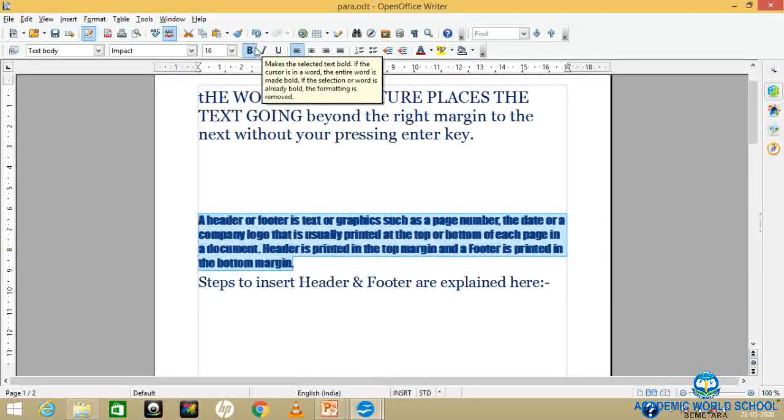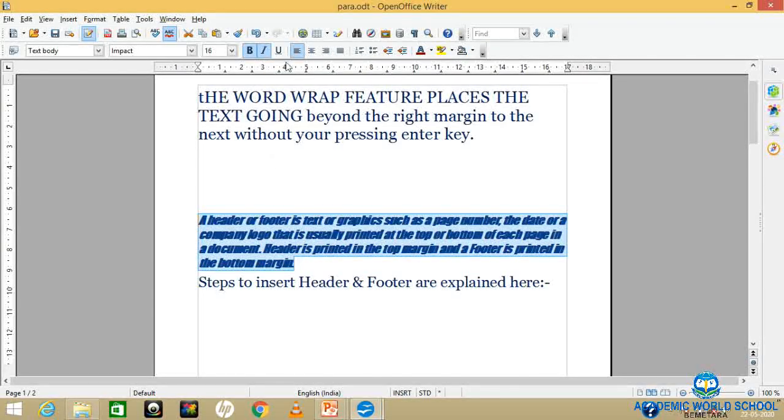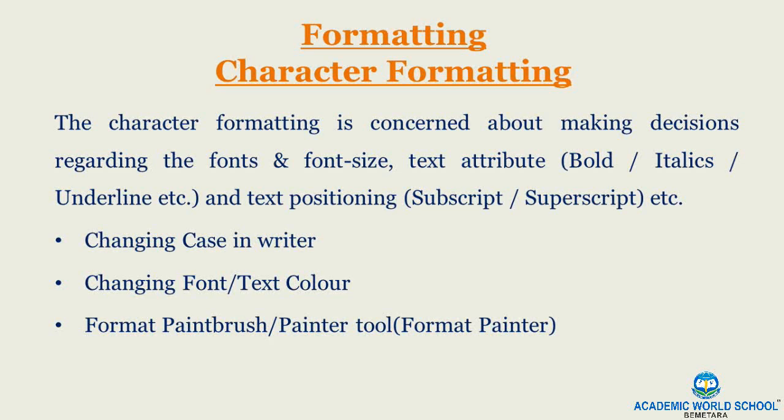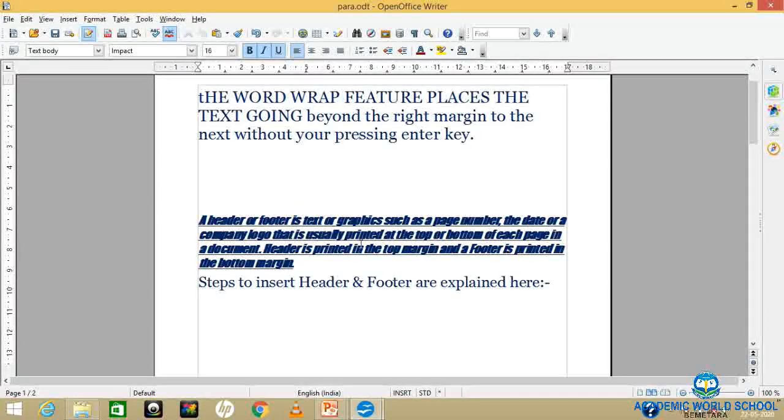After selecting, you go to here. From here you can change the font type, and whatever font you want you can select, and that will be changed. You can change the size of the text, whatever size you want.